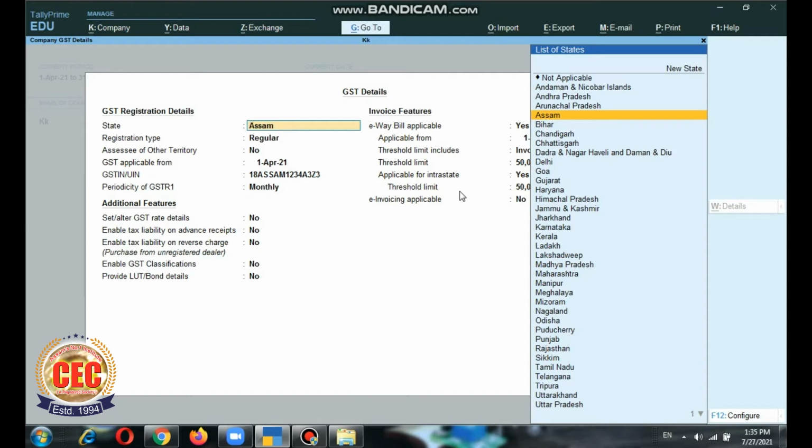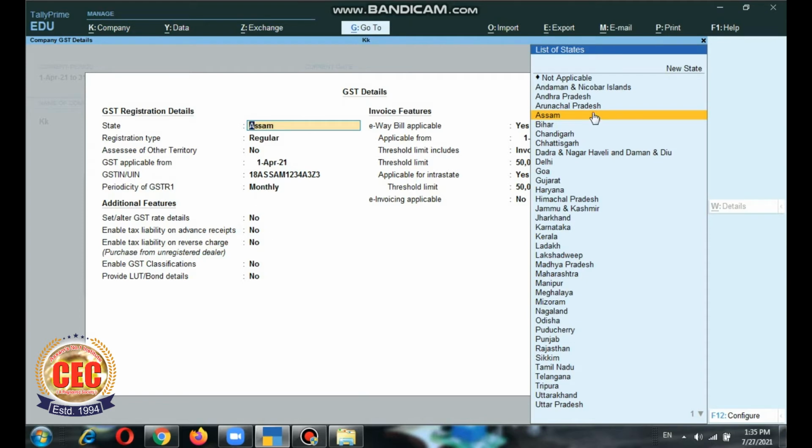Here, as we have enabled it before, it has been set as Yes, and the GST number, applicable from, state and locations have all been set previously. One of the main important features, e-way bill applicable, should also be enabled here. If it is set as No, we'll have to make it Yes, so that we can enable e-invoicing.